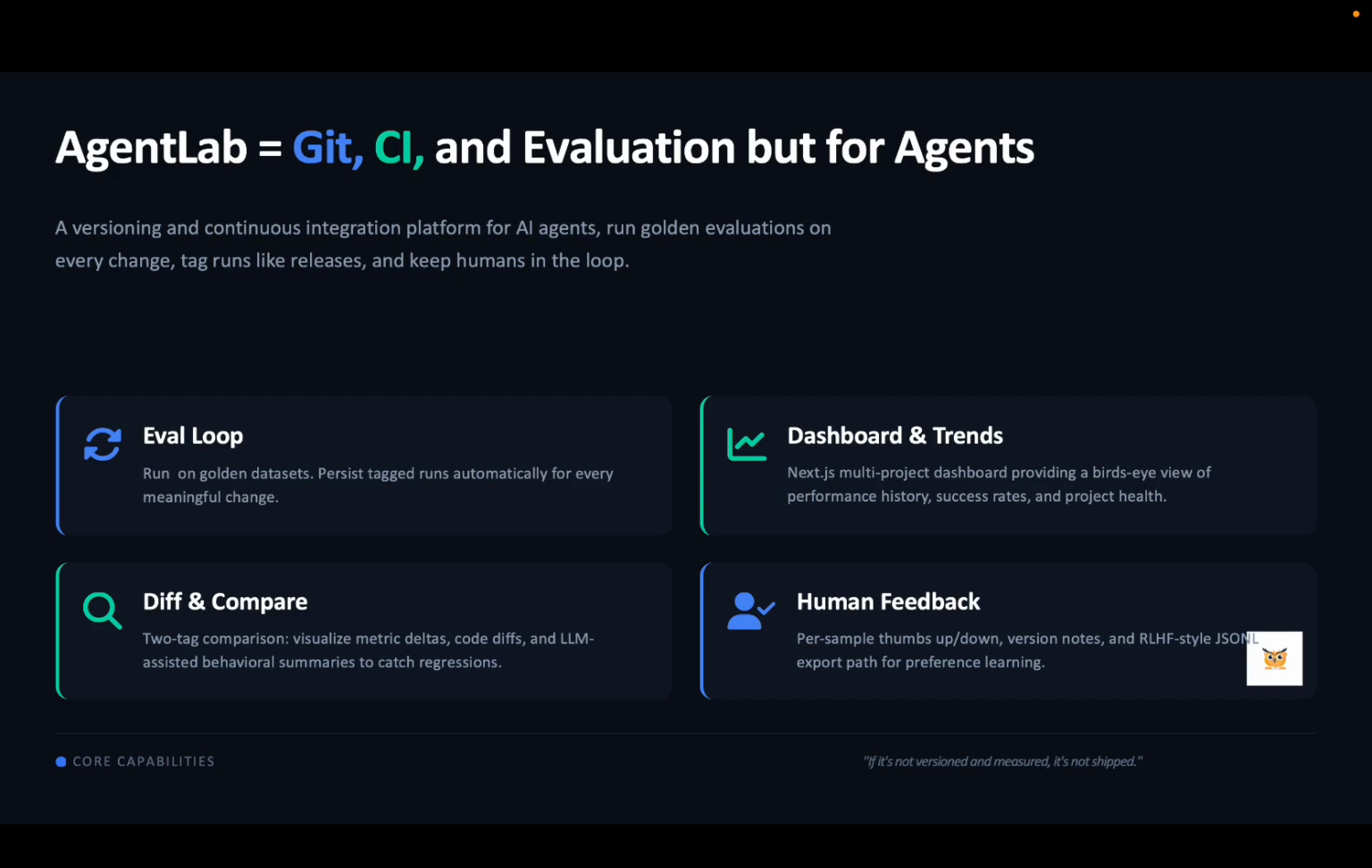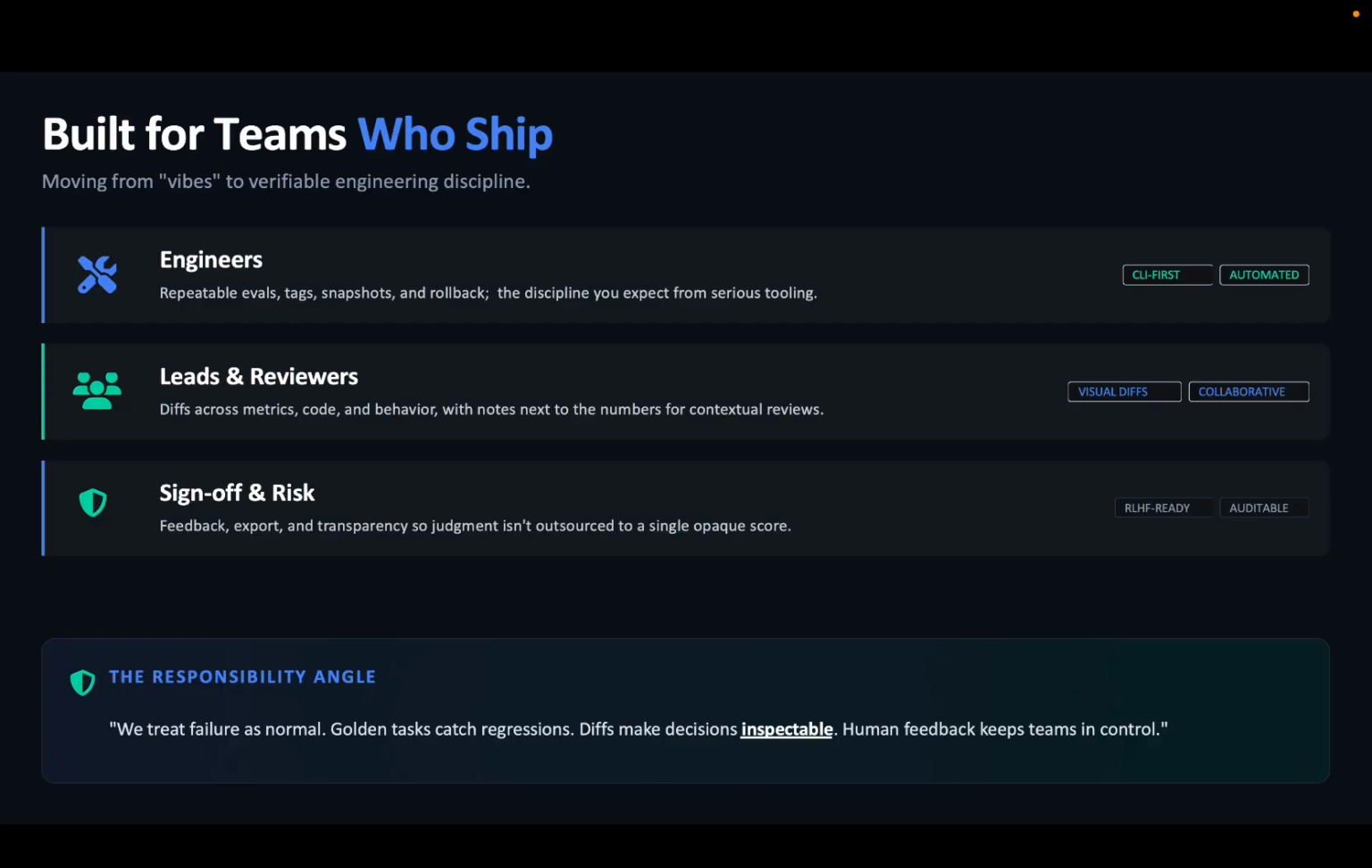So we've built AgentLab, a CI plus evaluation layer for AI agents with behavioral version control at its core. Version your agent, roll it back, and diff behavior across runs, not just code. Because the real question isn't what changed in your code, it's what changed in your agent's behavior. AgentLab is for AI engineers building agent workflows, teams deploying AI systems, and anyone who needs deterministic insight into non-deterministic